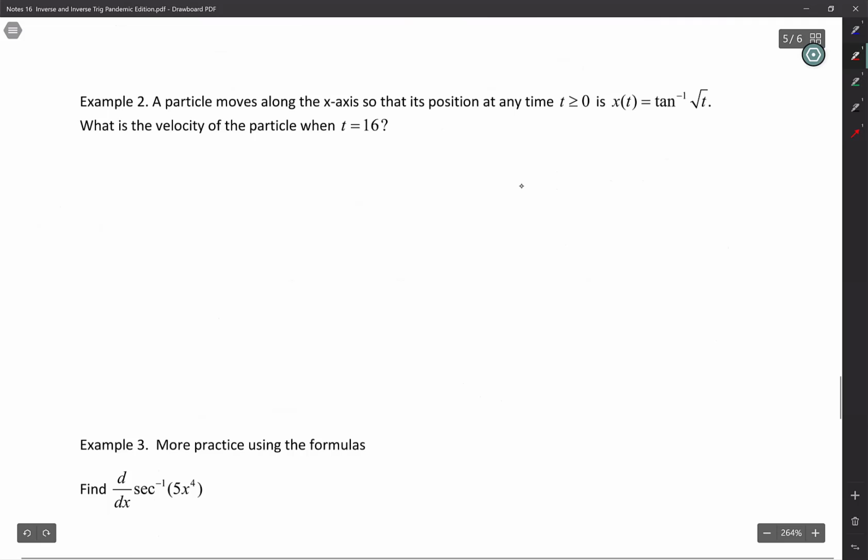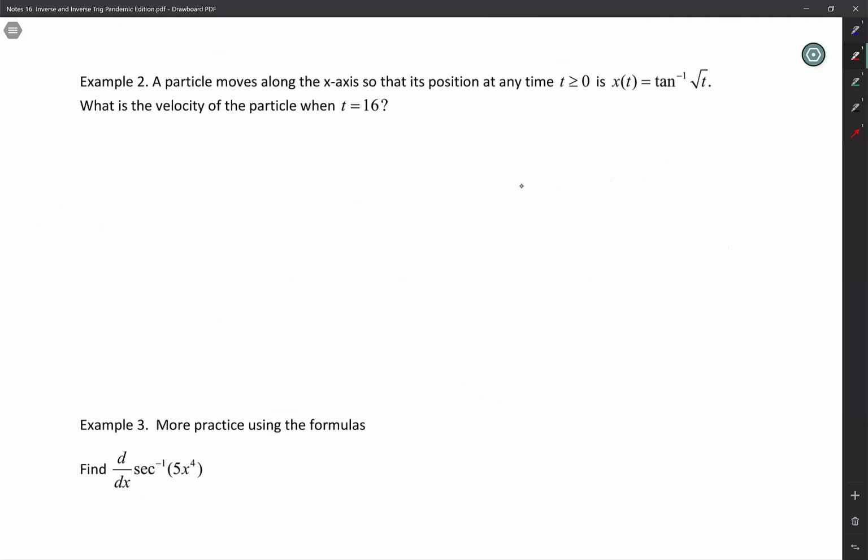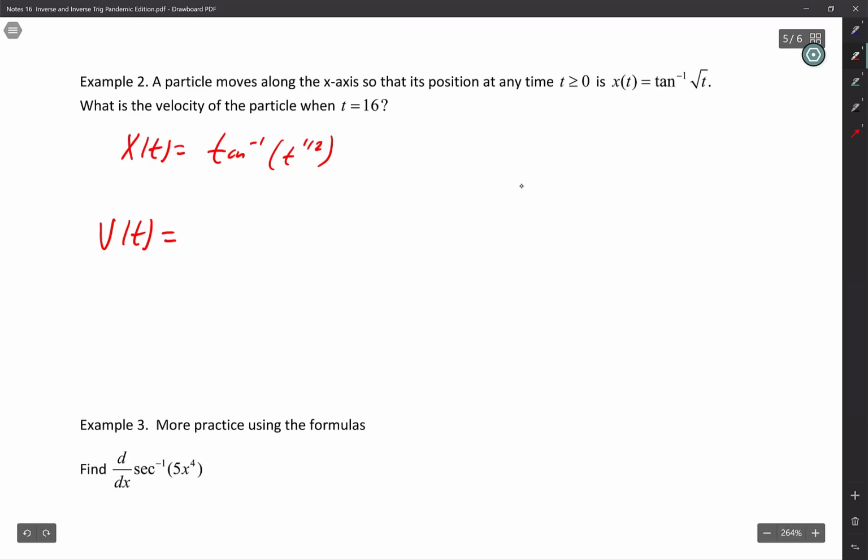Example 2. A particle moves along the x-axis, and its position at any time t greater than 0 is given by x of t equals arctan of square root of t. What is the velocity of the particle at t equals 16? Okay, I'm going to rewrite it. You can either spell it out or you can write it out. v of t equals the derivative of arctan, 1 over 1 plus square root of t squared, times, this will help me right here,